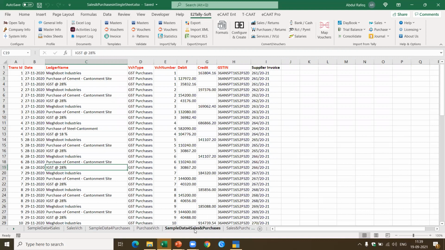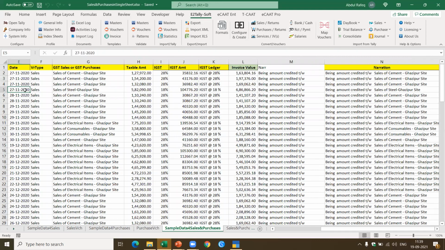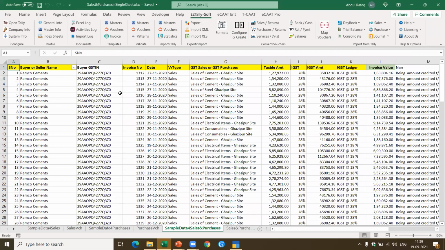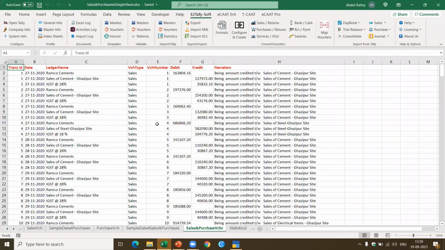So I have the sample data for this. If you see here, I got the voucher type. If you look at the voucher type, I got the sales, I've also got the purchases. The software should be intelligent enough to convert the sales and purchase transactions based on the voucher type. Now we already did this. If you look at the data, this is how you got the sales. In the case of sales, the party's account is debited and correspondingly sales is created.